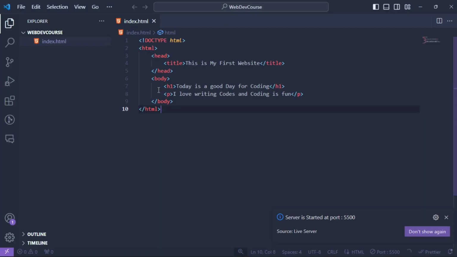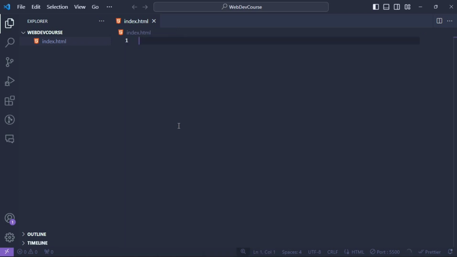All right guys, so let's go back to our code and let's have some text formatting. Basically, there's a shortcut to write all these HTML document types. So I'm just going to highlight everything and get rid of it, and I'll use the shortcut key, which is